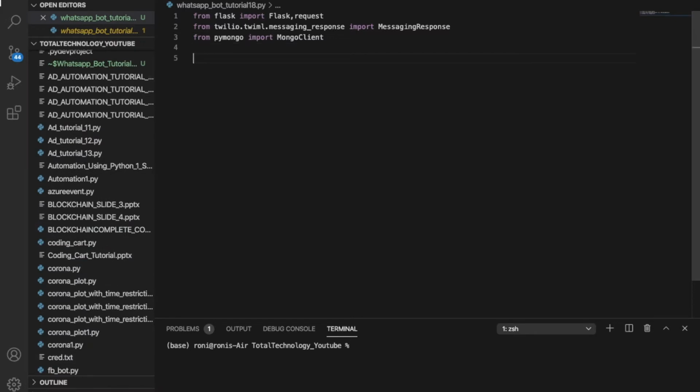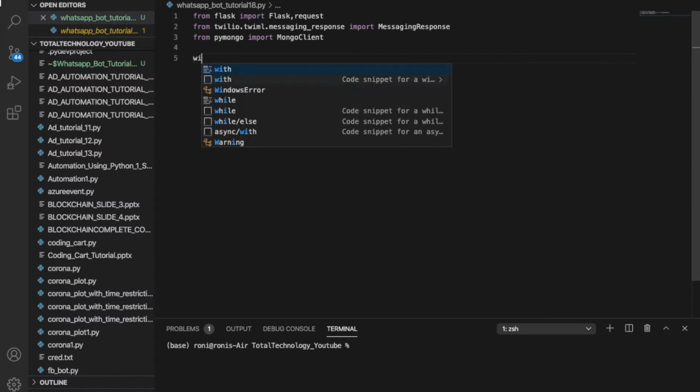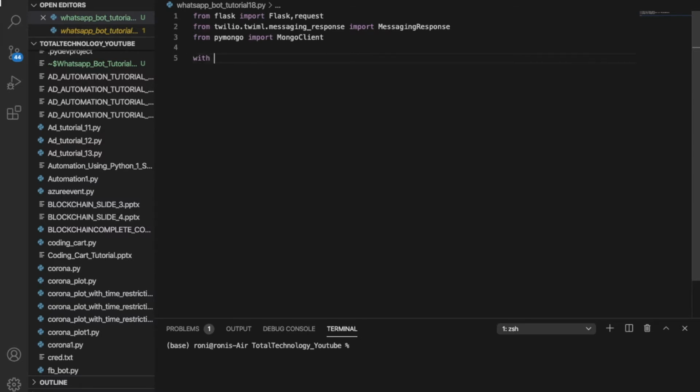For database connectivity, we can write with open, then the file name cred.txt, right? Then it will be open in read mode, and we can give some encoding, or else maybe encoding is also not required. Okay, so let me just do it like this. I think I can import CSV as well. This will be easier actually. Import CSV like this